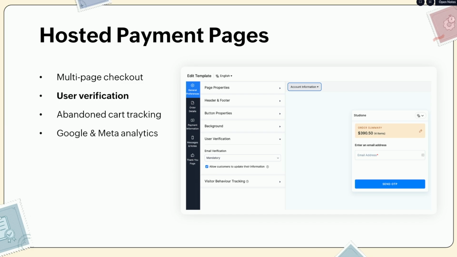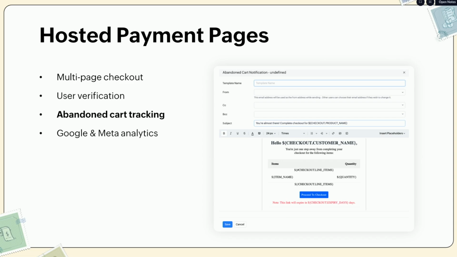So for example, if this customer is already present in your CRM as a potential, you don't want to create a duplicate record. So you will be able to enable user verification so they can verify their email address with their OTP. And once that is done, it will automatically associate the subscription and the transaction with the customer in the CRM. So you'll be able to automate the user verification, and you can also use this for abandoned